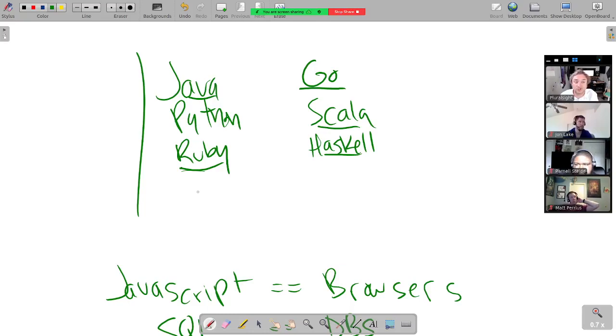So if you're running a shit ton of servers, it costs less money to run them if they're written in Java versus Ruby. Now, you might say that the productivity gains from writing something in a language like Ruby outweigh the cost of running the servers. That's what GitHub decided.